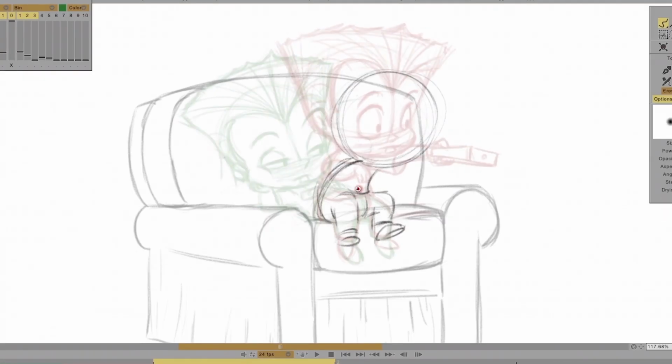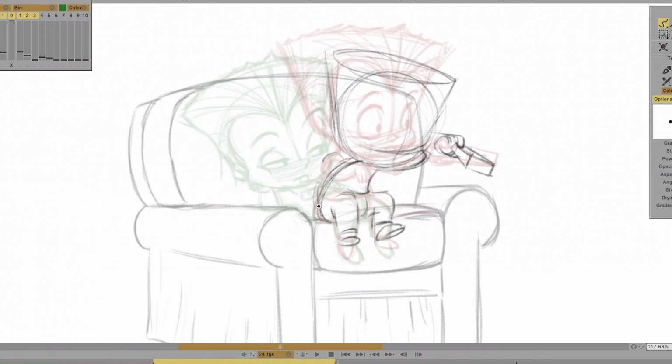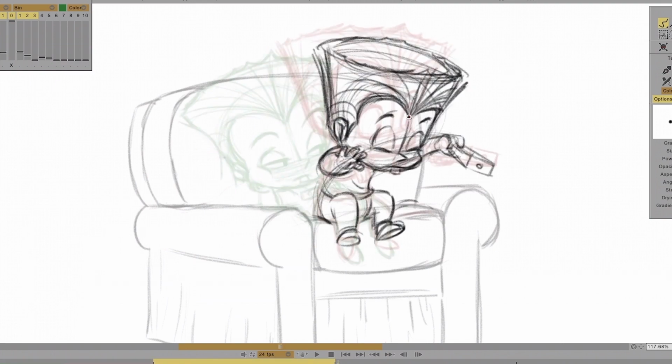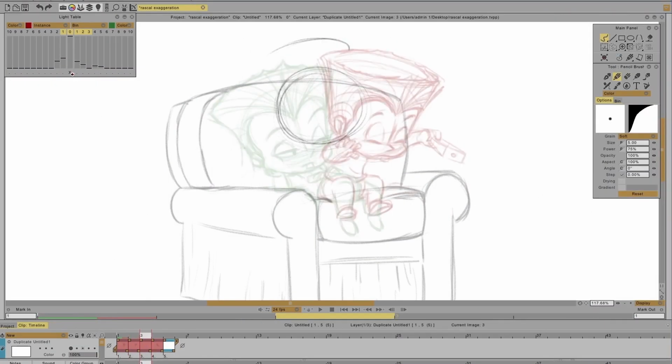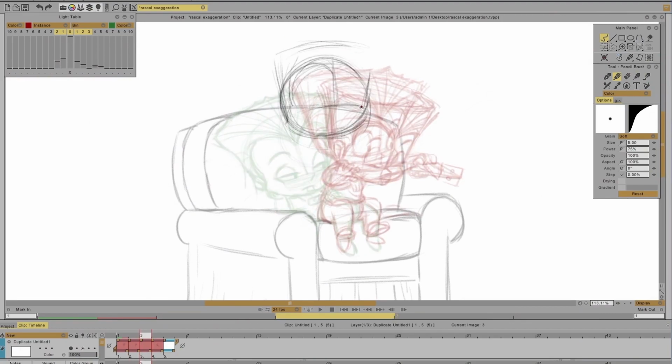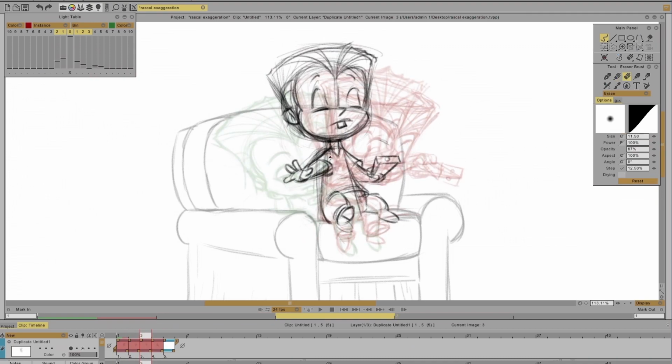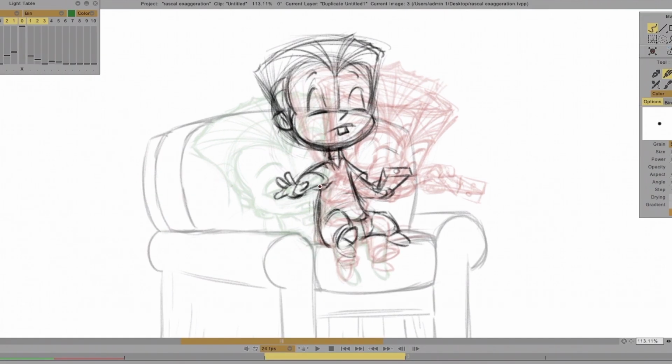So here I'm starting off. This is our anticipation pose. Head goes down, counteraction, legs come up, feet come up. Working out the drawing, and now I'm putting in the next breakdown. This drawing is the stretch drawing. He goes from the antic up into the stretch, counteraction, his head goes up, straightens out, arms go the opposite direction, legs are still coming up, and I keep working it.